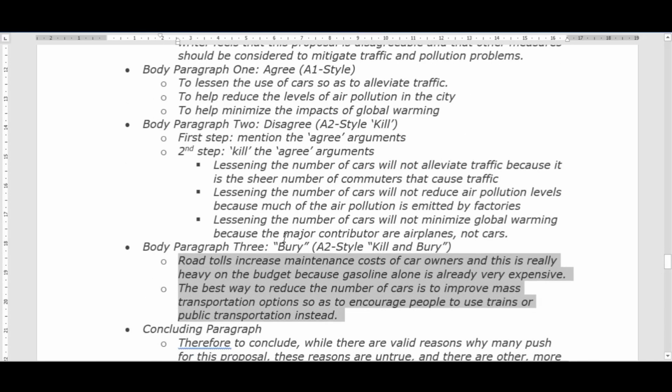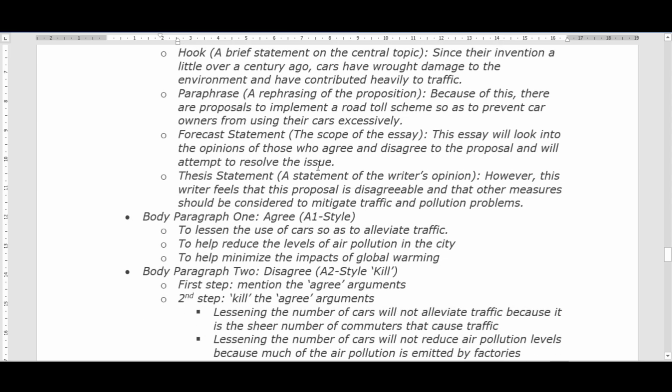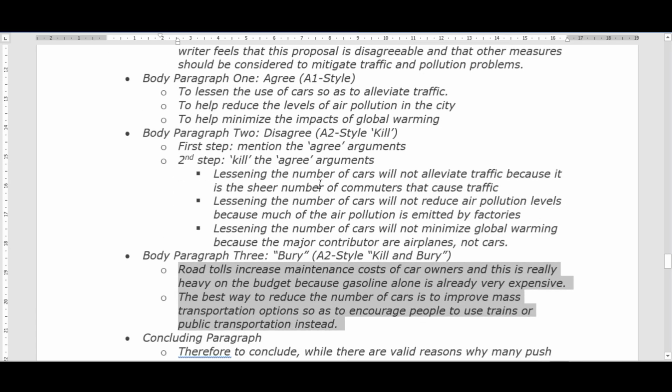Let me just fit that in one screen. They do not kill the arguments over here, so these are really just birdie arguments, just to add further to your side of the issue after having killed the agree arguments over there. So as you can see, that's how you can answer a one-sided question prompt like this. You can use the A1 style over there,